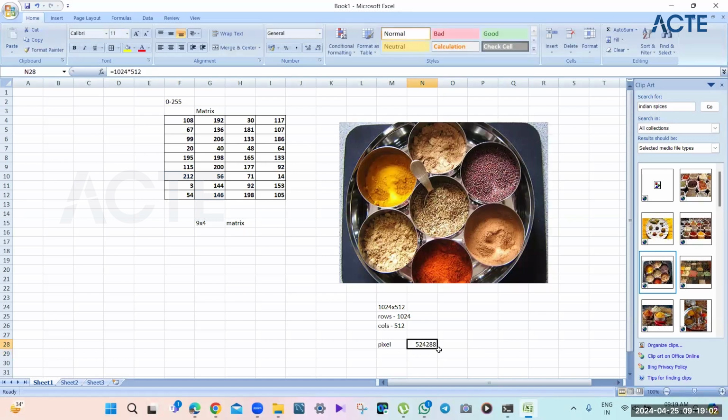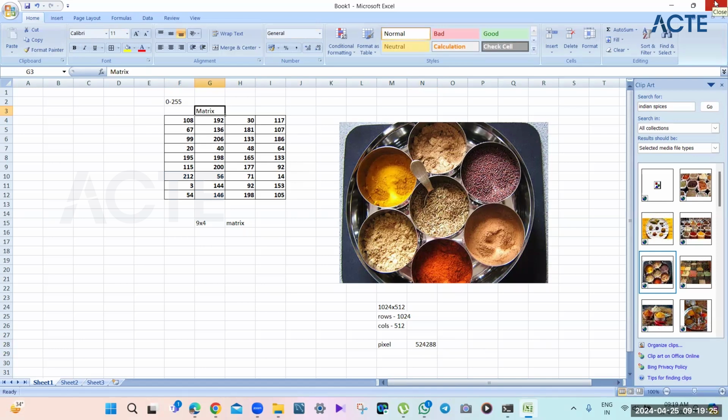So it has these many pixels, and each pixel has one particular value which tells you one particular color. So 108 is a color, 182 is a color, 30 is a color, like that. So that is why we need matrix, and that is how a computer converts a matrix into a relevant object.